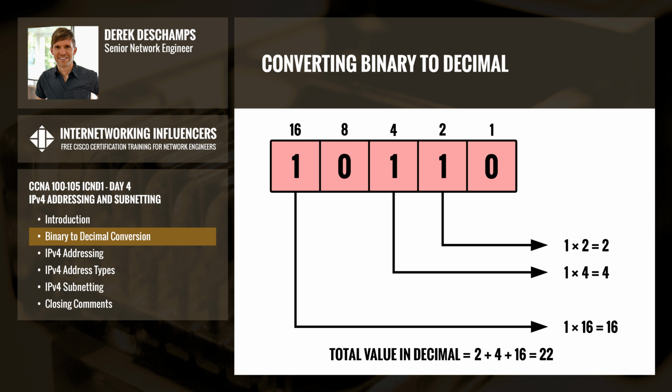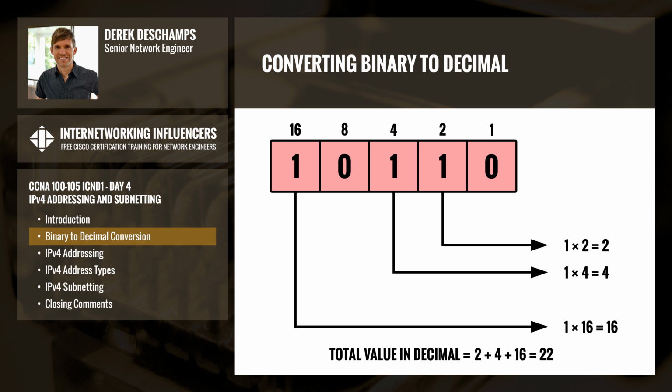Now to get the value of our binary number in decimal, we need to calculate the total values for all positions that contain a 1, and add them together. We can safely ignore the positions that contain a 0, as 0 times the position value